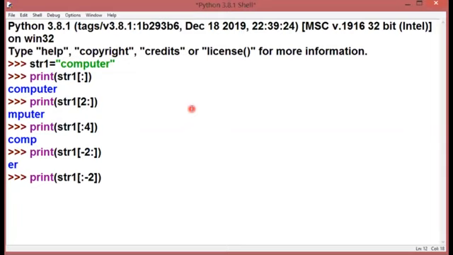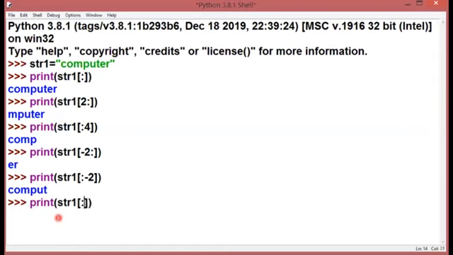So -2 minus 1 is equal to -3. My substring will stop at -3. Let's see: -1 is R, -2 is E, and -3 is T. So from the start till -3 location, it is printed. It is sliced.